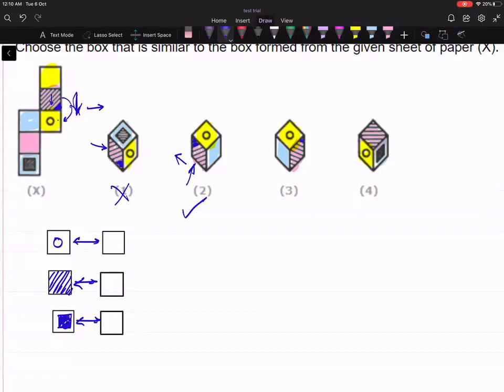From the inclined lines, when you are looking towards the circle, the shaded corner is coming on the right side. It should have been on the left. This is not a valid case, right? Mark the corner from the shaded region. You are looking from the inclined lines at the circle, and this is on the left side. So if inclined lines are on the left side, this is a valid case. So your correct answer is 2 and 4.